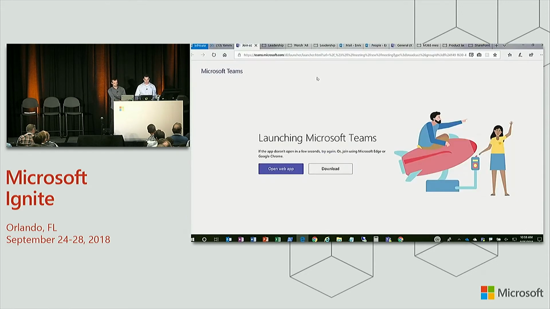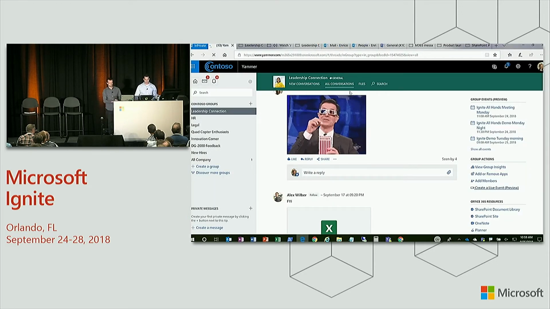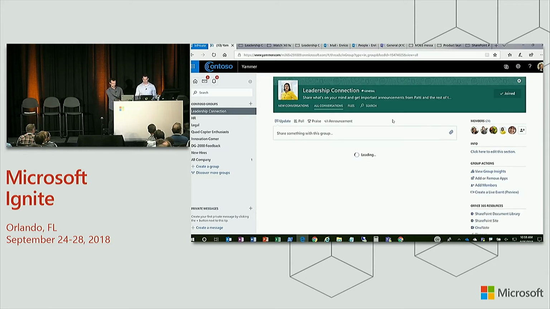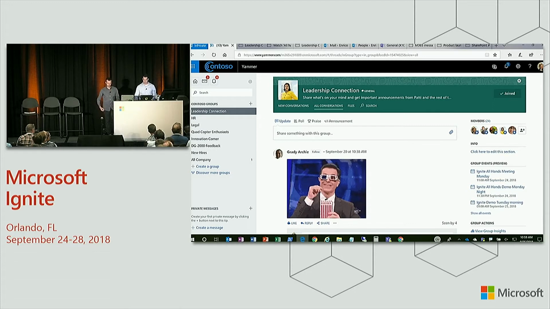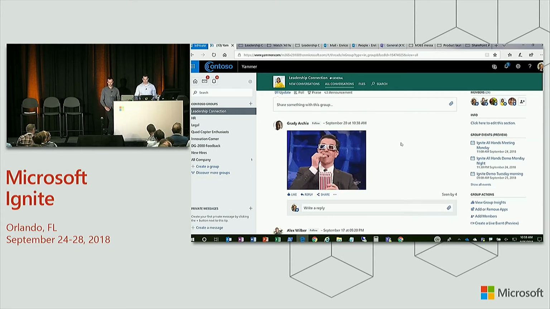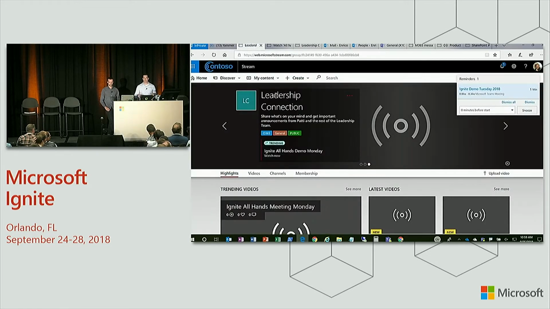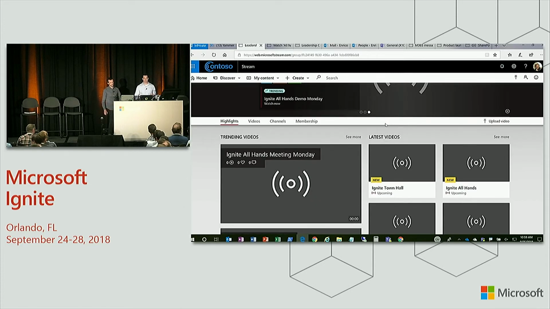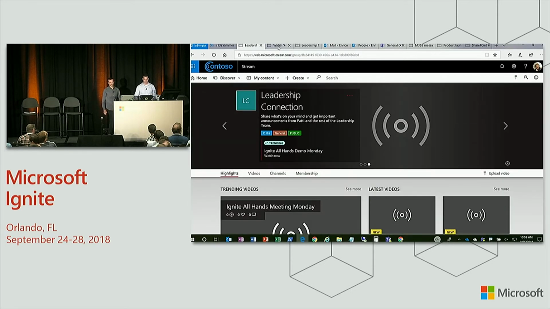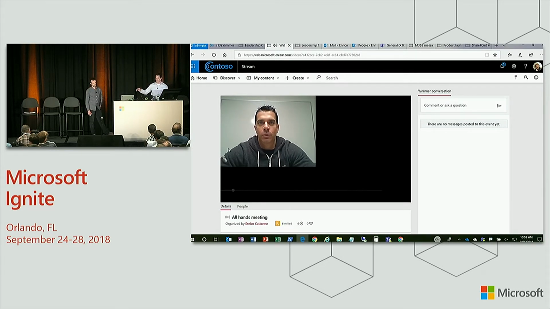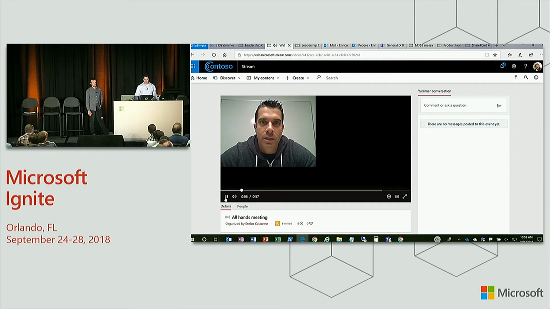When I flip back over here to Yammer, I'll just refresh this. The meeting that's been scheduled in Teams is now going to be available in my Yammer feed for my Yammer users. So over here on the right-hand side, I have a list of group events that are being published. And then what happens is when this meeting is hosted here in Yammer, it ends up being a live feed on which my users can comment and post and have a dialogue. All of these meetings are now pushed into Microsoft Stream once they're done and available here for viewing afterwards. So my users, whether they attended the meeting or not, can come back here, they can watch this broadcast, they can see the content that was shared, and they can look at all this great information.